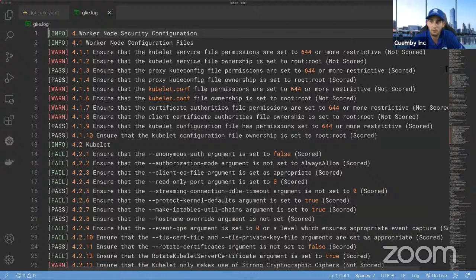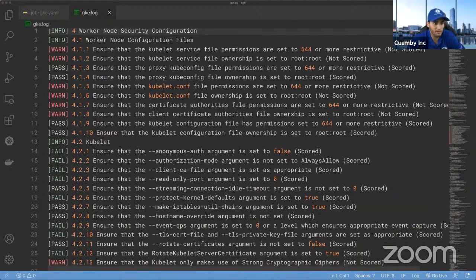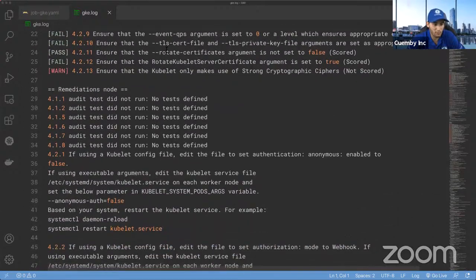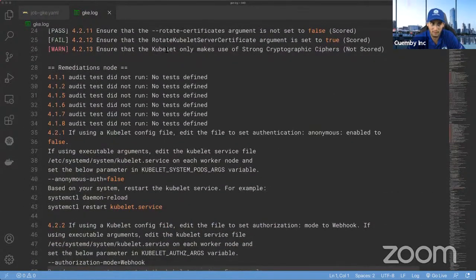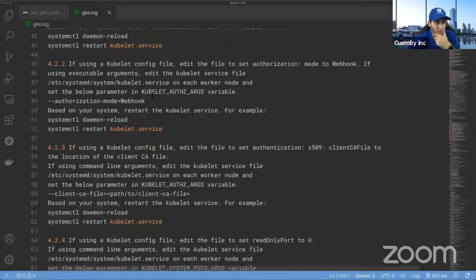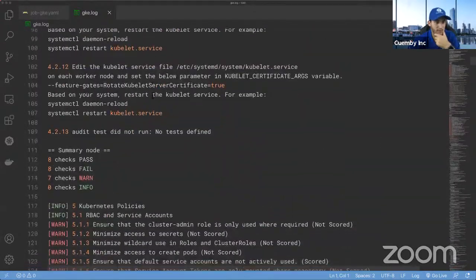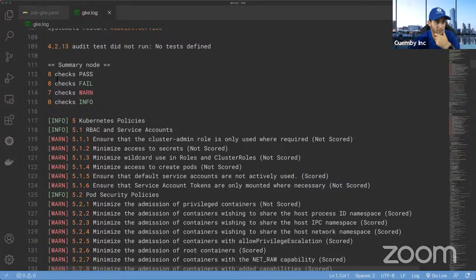However, something that I do wanna point out is, let's go straight to the comparison of what is the difference between one and the other, right? So that's what we can get from here. So let's go to the summary. The summary for the node seems to be a few checks that pass, a few that fail, 7 warns, no infos.